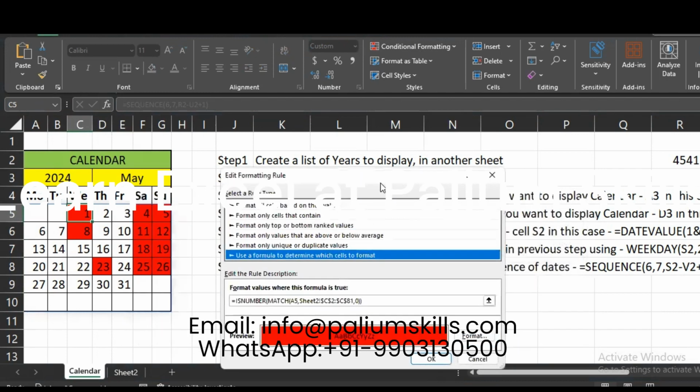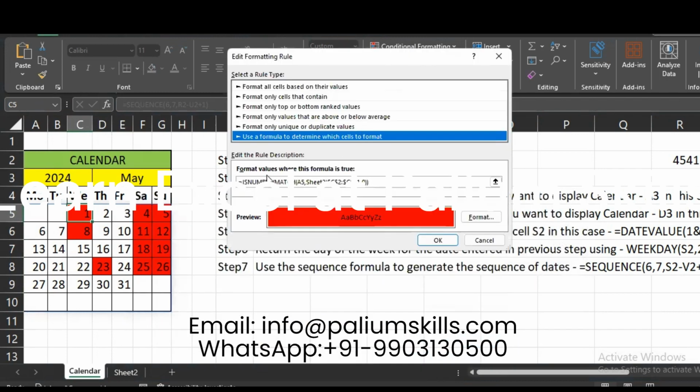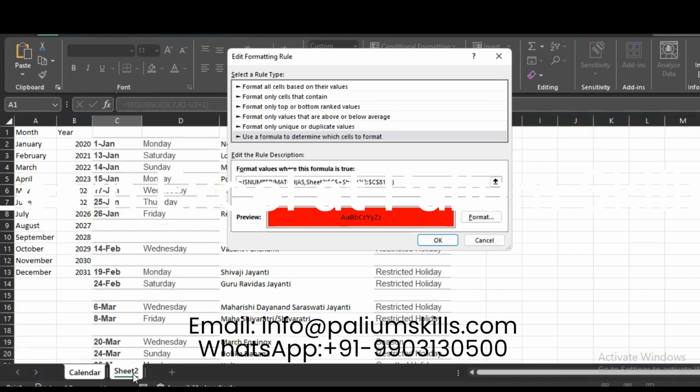So in this case, if it is a holiday, that is, it matches. If the cell value matches what we have in this sheet, in our list of calendars C2, if this matches,